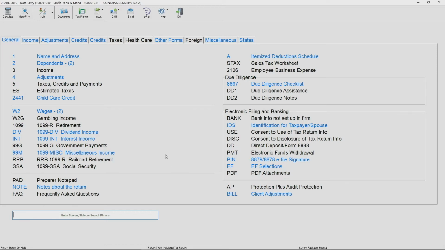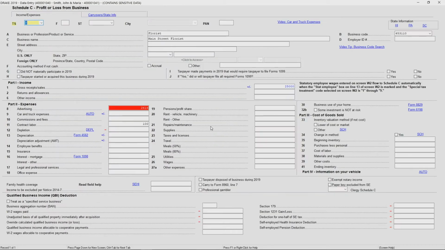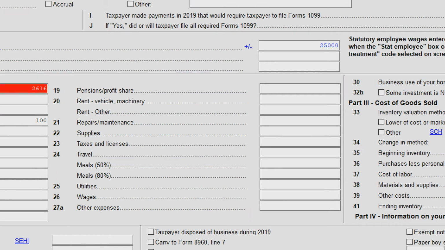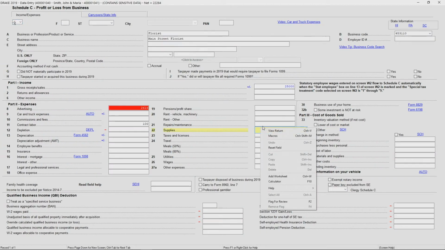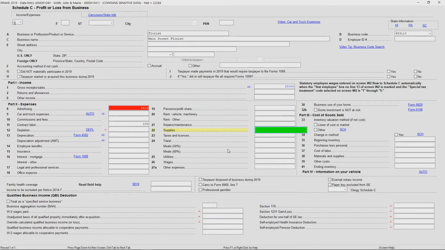We also have what's called a flag of field for review. I'm going to go to a Schedule C, and let's say that I do know that I'm missing some data for supplies or receipts, for example. I want to make myself a reminder, you know what, I want to flag this field, and so I cannot e-file this tax return until the information is there. So what I can do is I can hit F2 on my keyboard, I can right click my mouse and flag the field for review, and that also gives me a diagnostic. So between the prepared note screen and the flag of field for review, then I have my diagnostics in place,